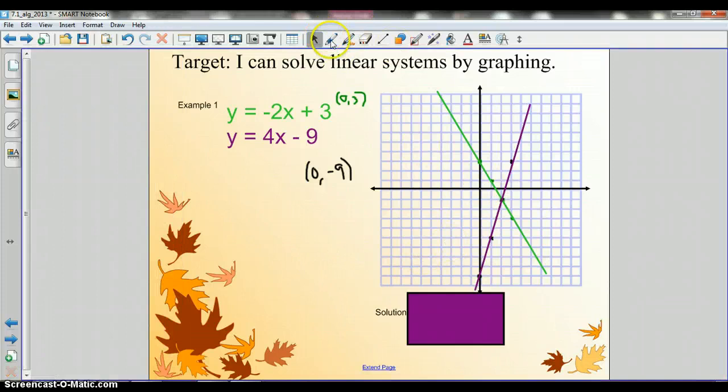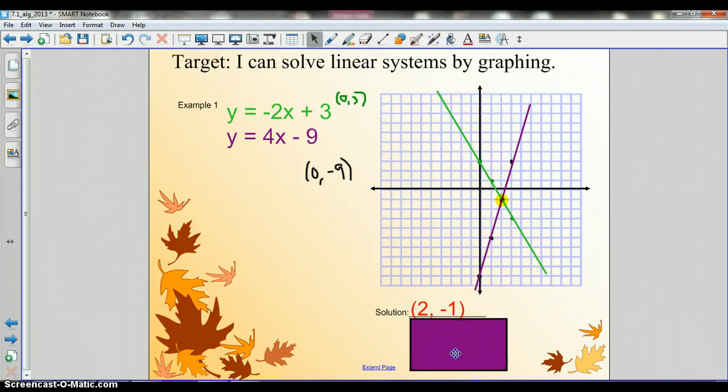And then I'm going to look for the intersection point. Okay, so my intersection point is this spot right here, and that particular point has an x value of 2 and a y value of -1. So when I write my solution, I have to write it as an ordered pair using proper format, parentheses, negative